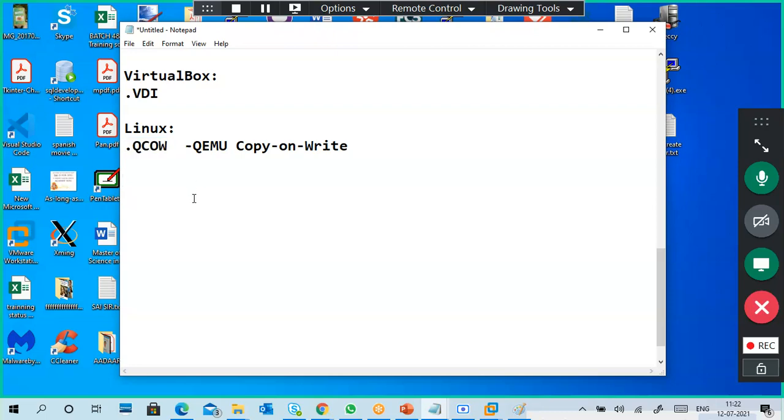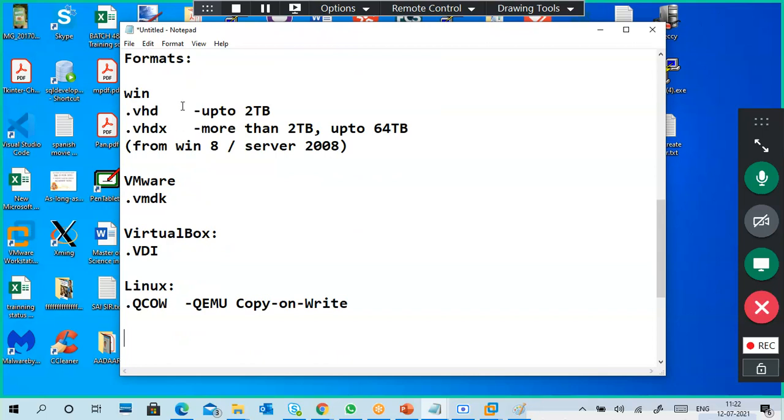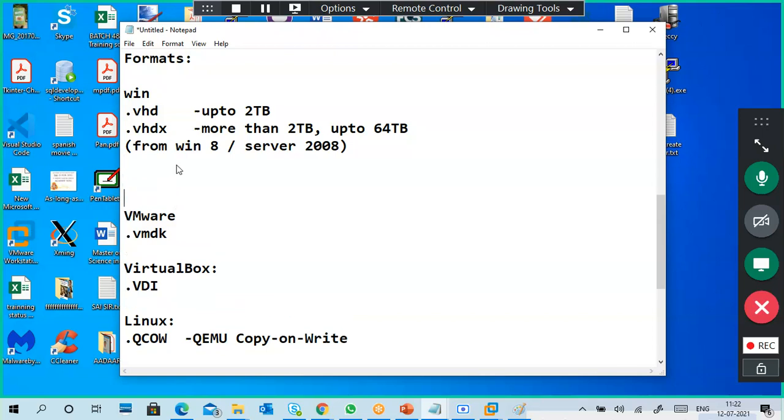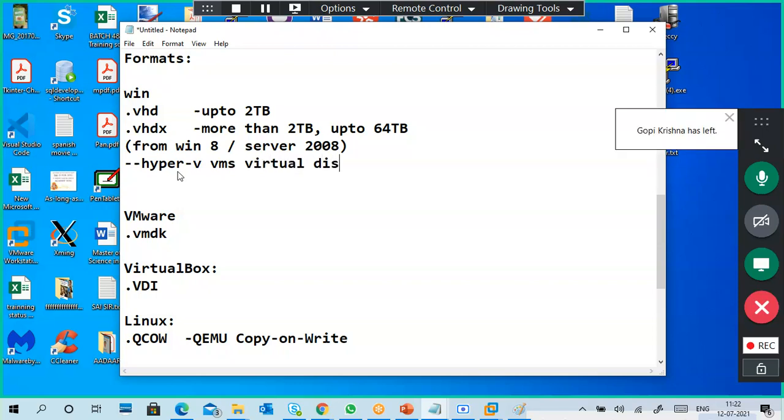Okay. In Windows, generally we use VHD, VHDX, and in Hyper-V also. So this is the Hyper-V virtual machines' virtual hard disk, virtual disk format.